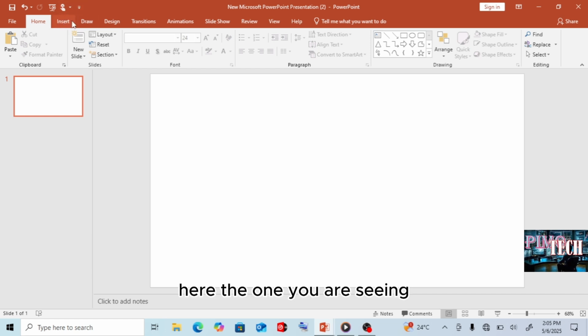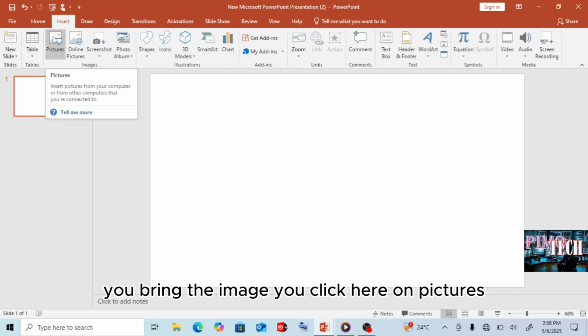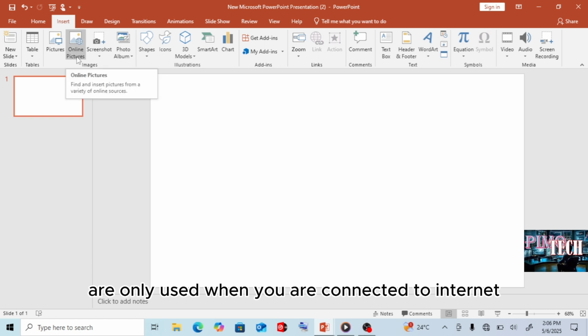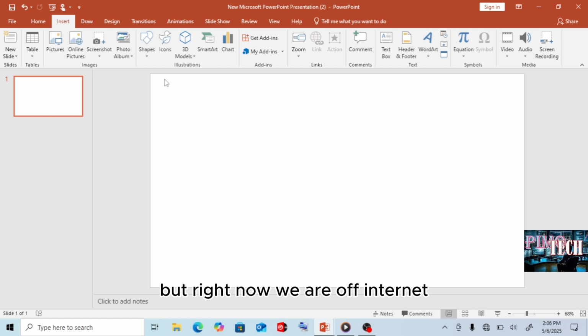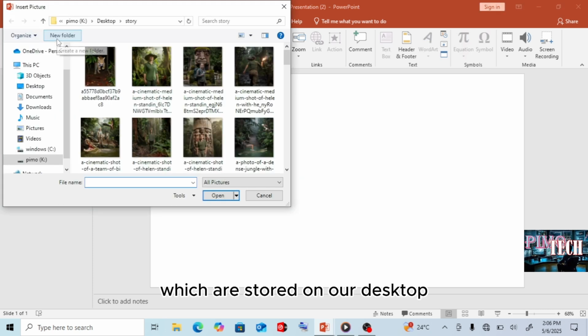You click insert, you bring the image, you click here on pictures, not online pictures. This one is only used when you are connected to internet, but right now we are off internet. That's why we are using pictures which are stored on our desktop.